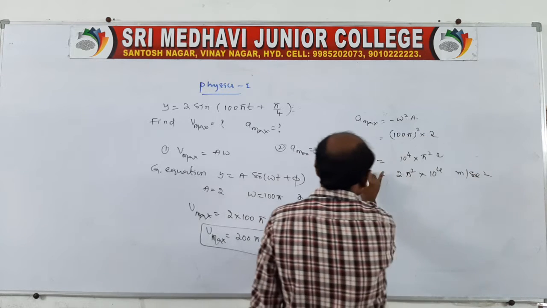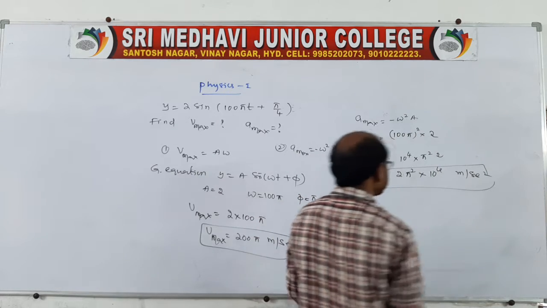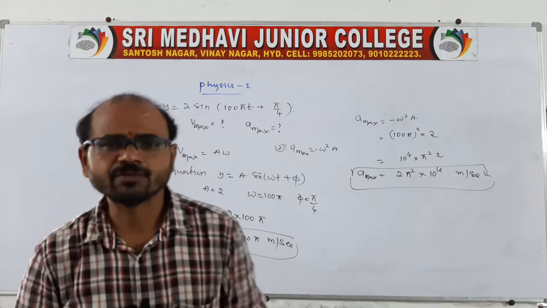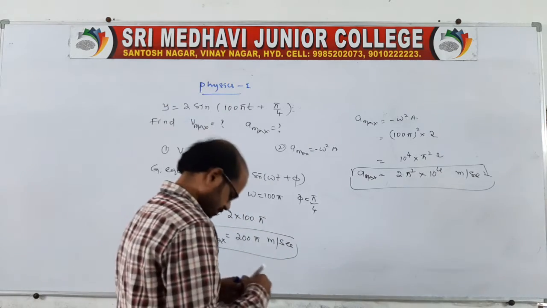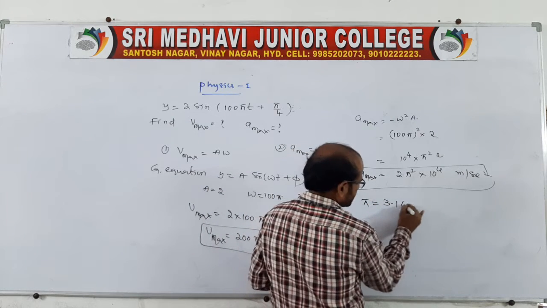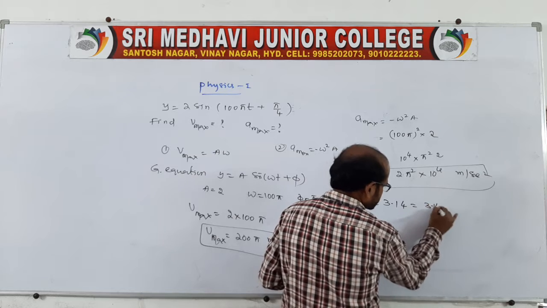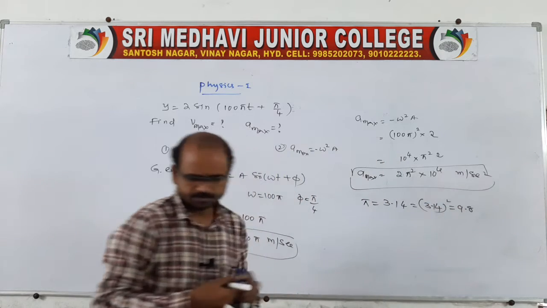We can leave it like this also, no problem, right? Or else if you want to calculate, yes, you can calculate. Pi square value is approximately 9.8 because pi value is 3.14, no? Pi will be 3.14, and if you take that whole square, you will get approximately 9.8. Clear?